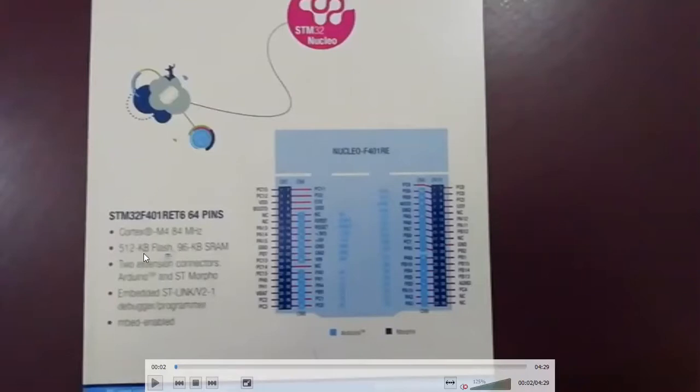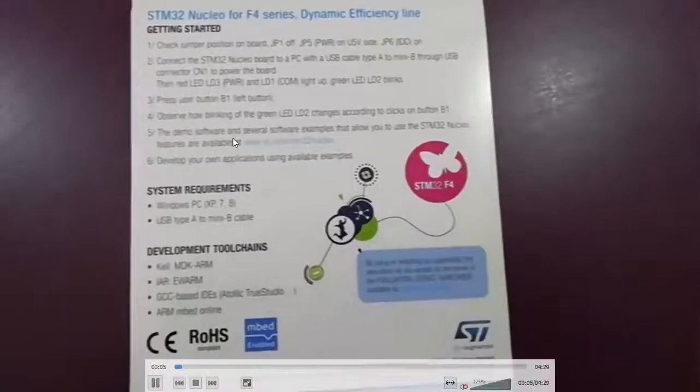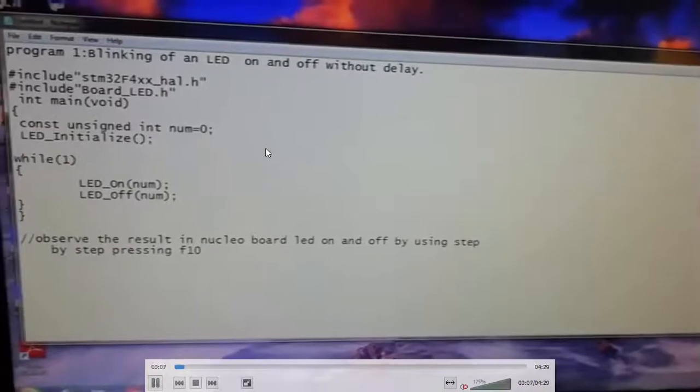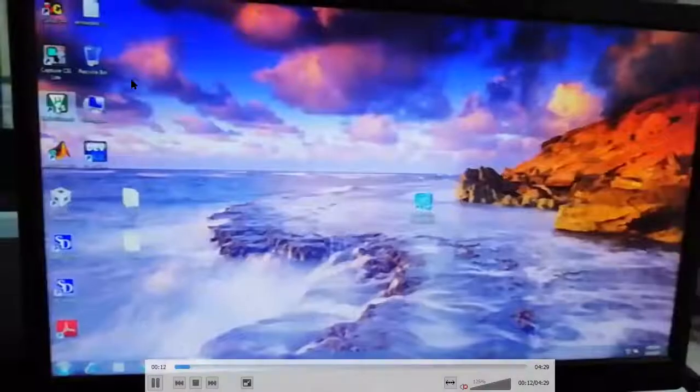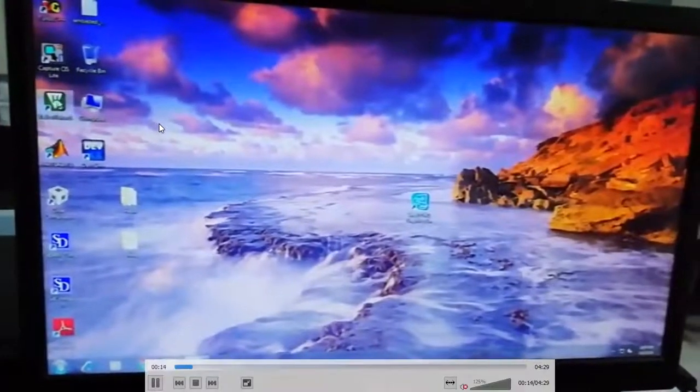It has 512 KB flash memory, 96 KB static RAM, two extension connectors for Arduino, and an embedded ST-Link V2 debugger programmer. These are the specifications, and this is the program we have seen.